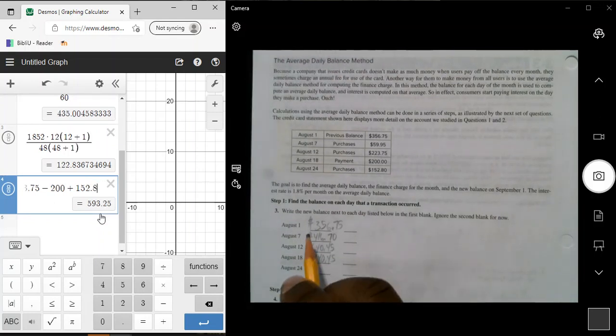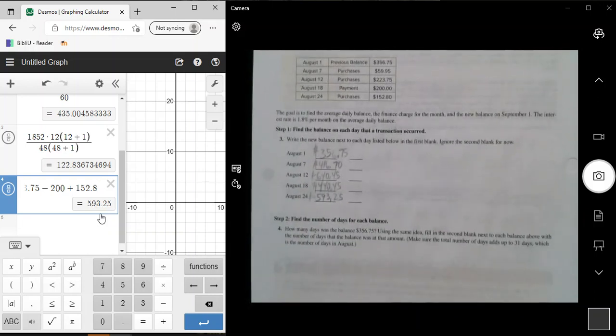So it'll be $593.25. Now, so it says here, find the number of days for each balance. How many days was the balance